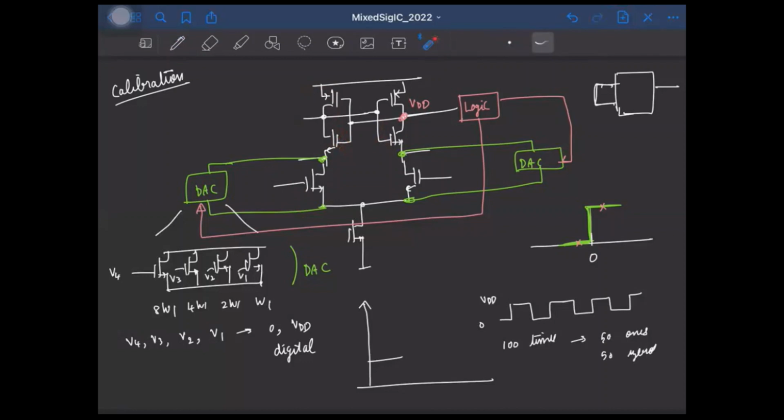So you switch on transistors one after the other and see when the output finally toggles like this. Or you capture it 100 times and find when it satisfies this condition of an equal number of ones and zeros. And this is called foreground calibration,